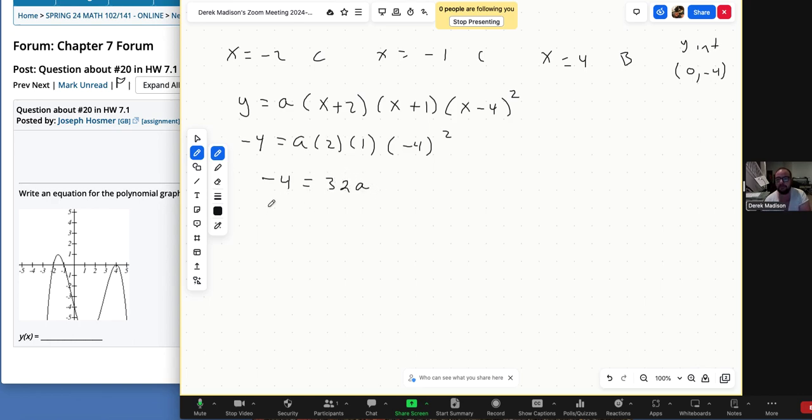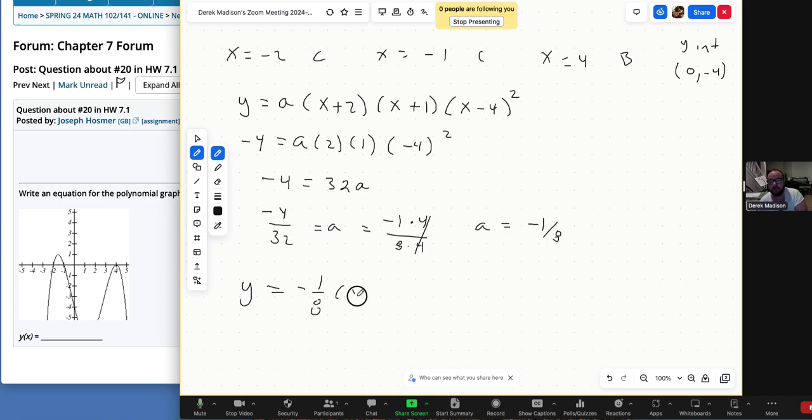Then I'll divide over the 32, and I have -4 over 32 equals a, and as always, if we can reduce a fraction, we should. So reducing a 4 out, I get a equals -1/8. So the final answer on this one is going to be y equals -1/8,